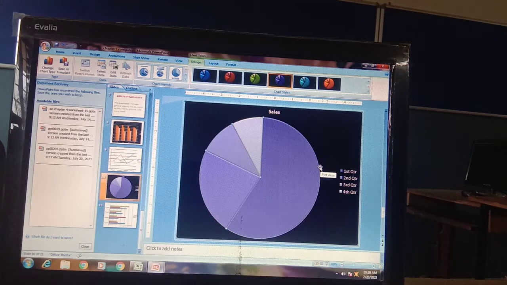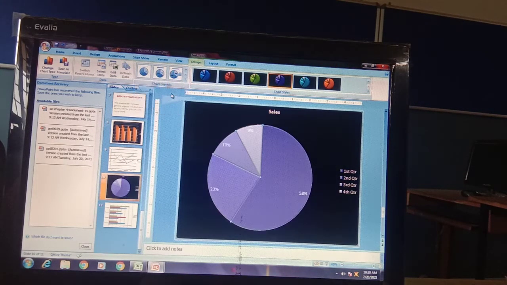You can change these styles, and even from here also you can change the styles, like 10%, 9%, 23%, 58%, like this.